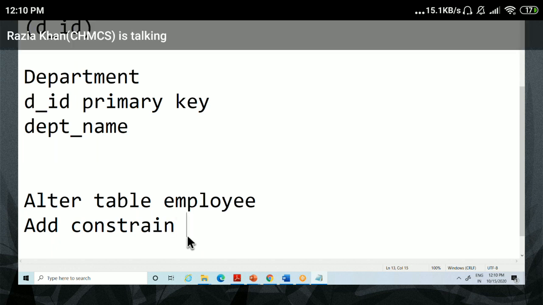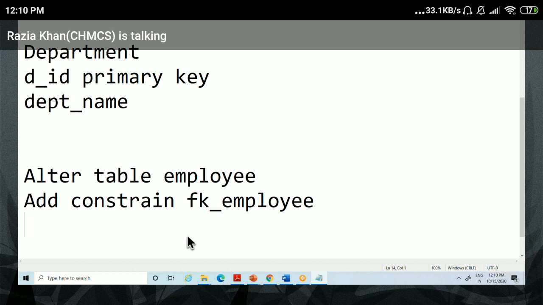Then you have to write down some name for this constraint, maybe FK_employee. So you have to write down some name, and after that, whatever syntax you wrote in the chat box. Some students wrote the right syntax, but forgot this ADD CONSTRAINT.